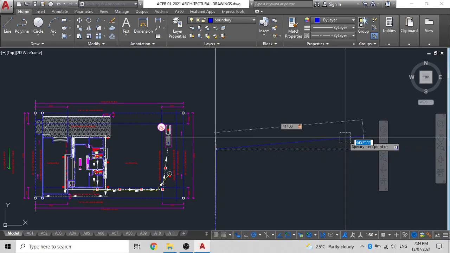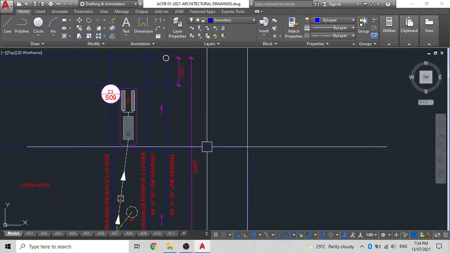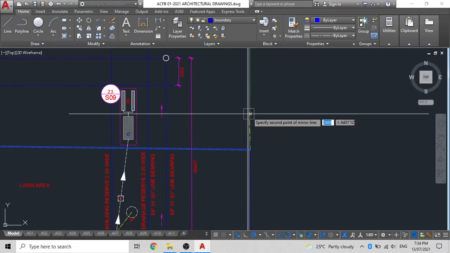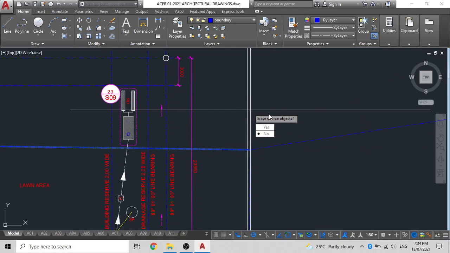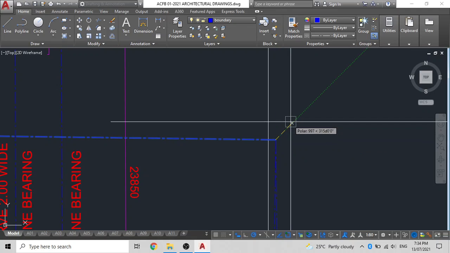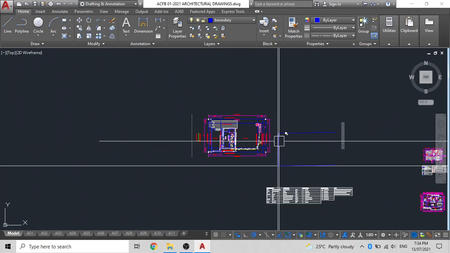So we'll enter the angle, 179 small d for degrees, 14 minutes and 50 seconds. And press enter. Similarly, you can mirror this into this side, like so, and delete the original one.